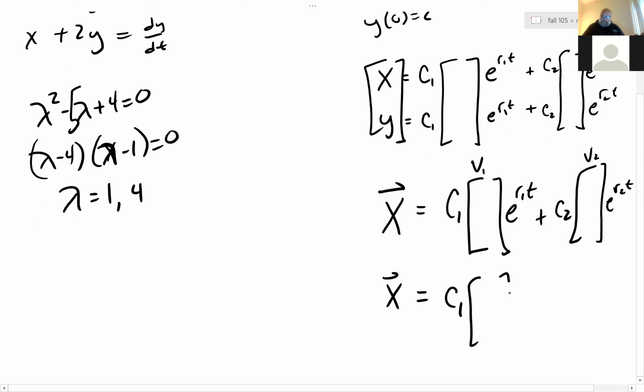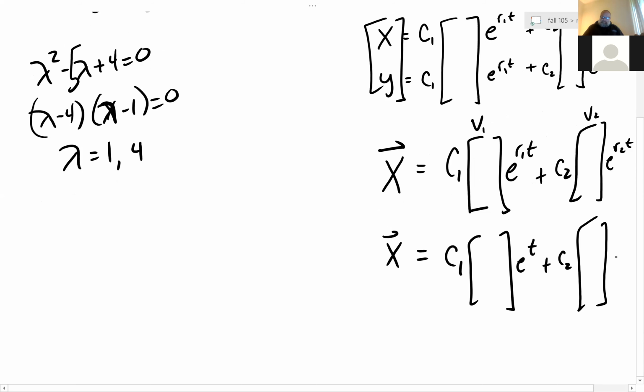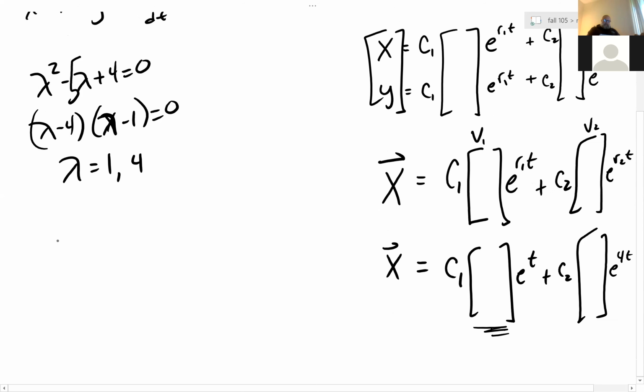Which means I can fill this in like so. Don't know what that is yet. We'll figure that out in a minute. e to the t plus C2 e to the 4t. Now the question is, how do we find this guy? Well, this is the one that's associated with the number 1. So what we're going to do is come and make our